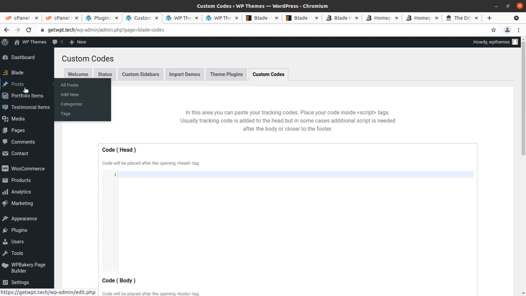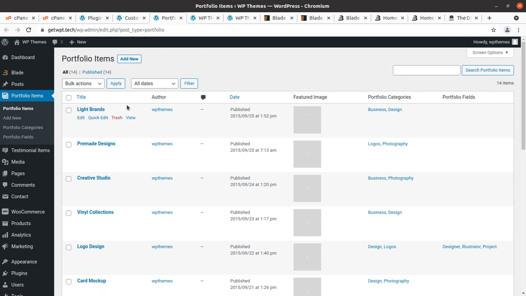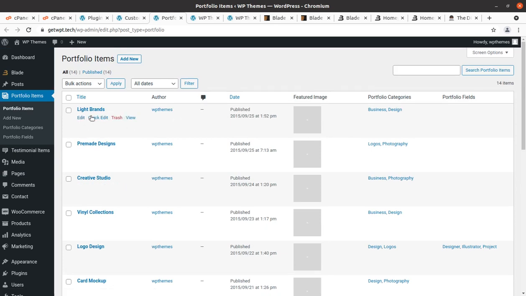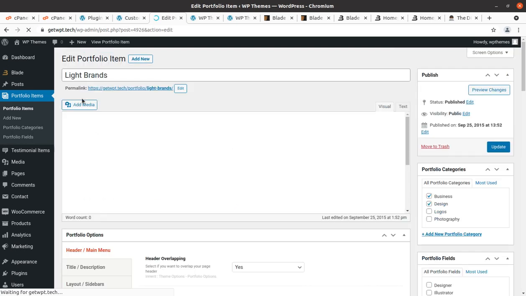The rest of settings are same. Portfolio is a new thing, I mean it came with this installation, not in default WordPress, so you can manage the portfolios from this screen. There are already portfolios, so you can edit the existing one or you can add your own. I will show you the fields, what can be put in the portfolio.